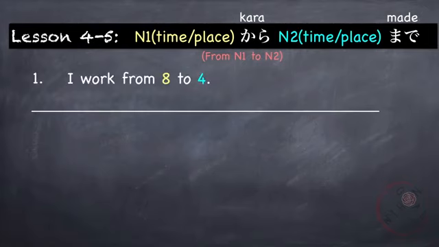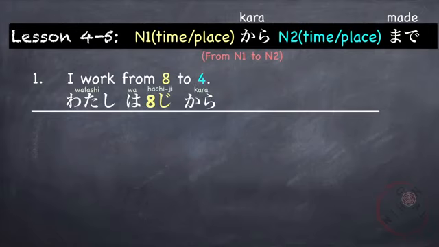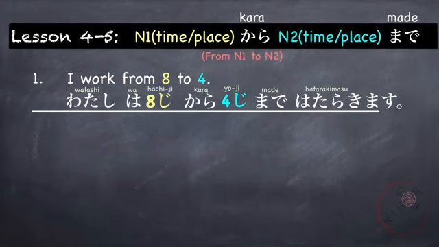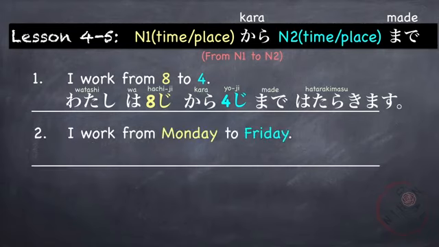I work from 8 to 4, or I work from 8 o'clock to 4 o'clock. 私は8 o'clock is 8時から, so from 8 o'clock to 4 o'clock, 4時まで. Work is 働きます。私は8時から4時まで働きます。